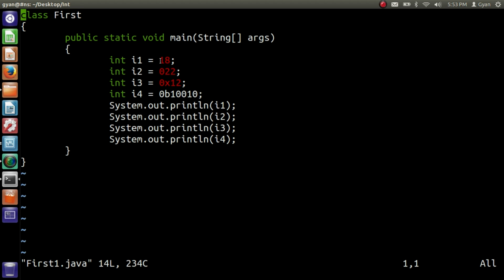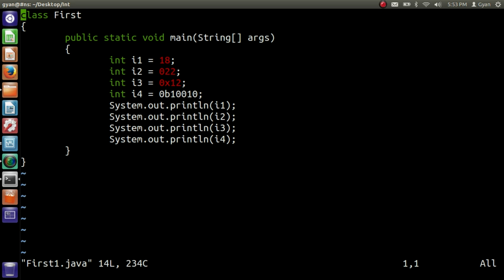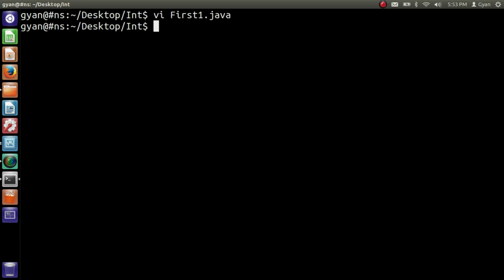Here I am storing decimal 18 in the variable i1, octal 022 which is ultimately 18 in the variable i2, hexadecimal 12 which is ultimately 18 in i3 and binary 10010 which is ultimately 18 in the variable i4. And then I print all these variables i1, i2, i3 and i4. Let me execute this program and see what is the output. It should be all 18.